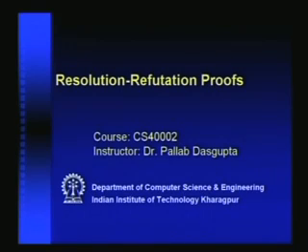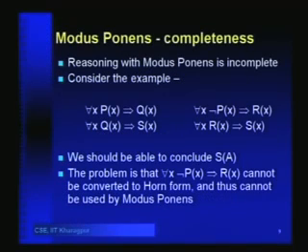So, let us continue with our study of proof mechanisms in first order logic. So far what we have seen is proof by using generalized modus ponens, which was different from propositional modus ponens in the sense that we had to unify the left hand side of the rules in order to derive the right hand side of the rules. So, we are going to study resolution refutation proofs, which is a complete proof procedure for first order logic. But first we must understand what the completeness issue for modus ponens is. So, for that let us look at